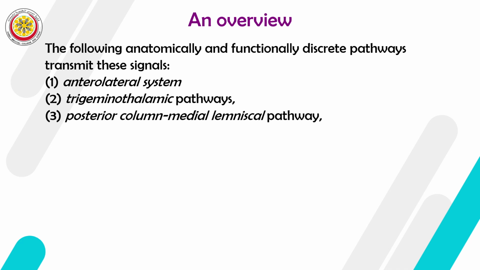If I have compression of the spinal cord in the thoracic level from outside, what will I be damaging? Gracile. The gracile is on the outside and the cuneate is on the inside. You get the idea? Yes, because the gracile fibers are coming from the lower limbs and pelvis, and they are always on the outside. When the spinal cord goes up and the cuneate part of the posterior column enters, they are usually on the inside and they ascend.